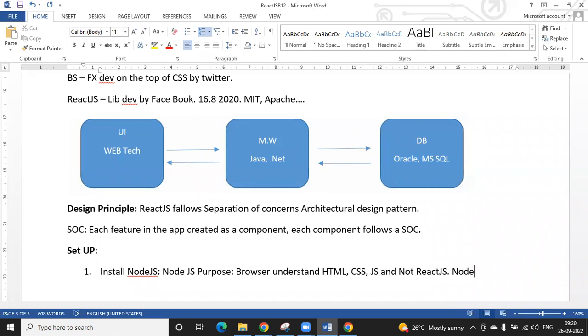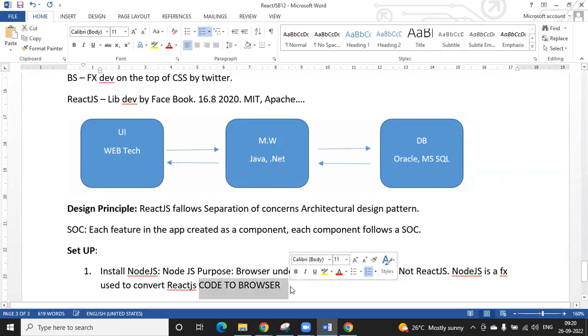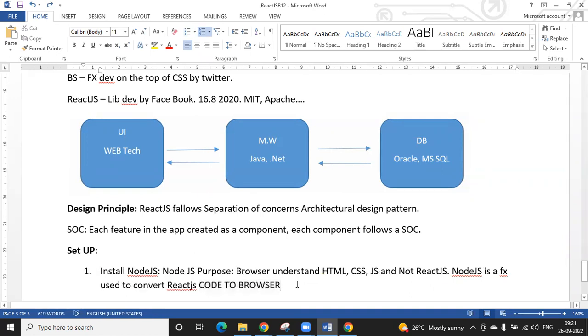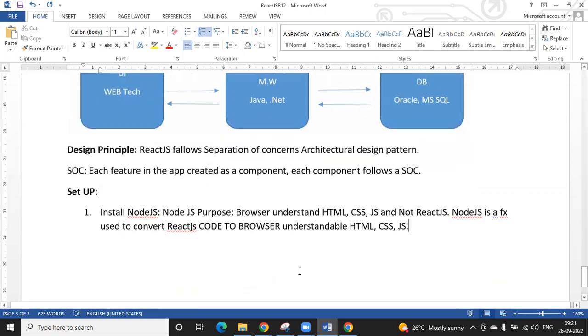Node.js is a framework used to convert React.js code to browser-understandable HTML, CSS, JavaScript only. Hope everybody is clear, right?